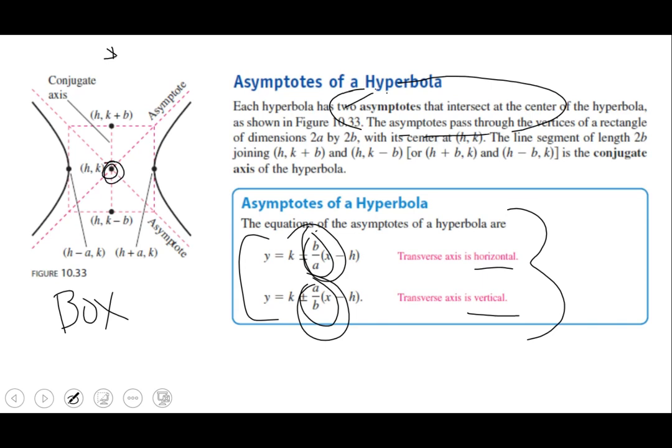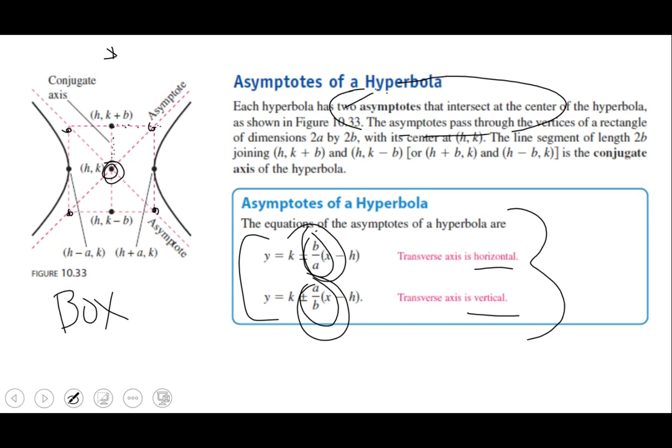from the center, you would go up A and right B, or up B and right A, depending on which of the formulas that it was. That will essentially give you a point right here. Then if you go back to the center, you would go up and left, which would give you a point here. Down and right would give you a point here, and then down and left would give you a point